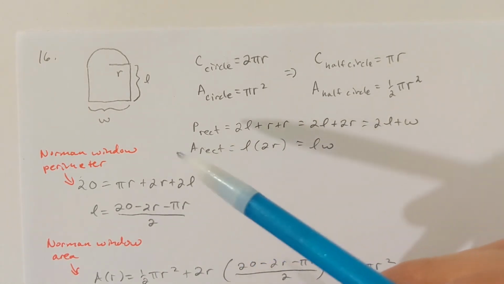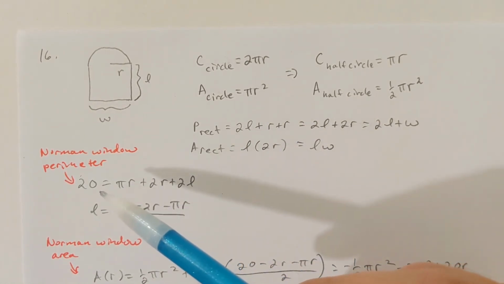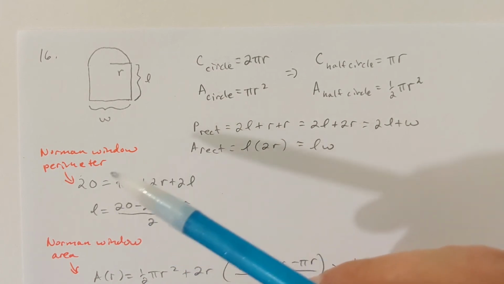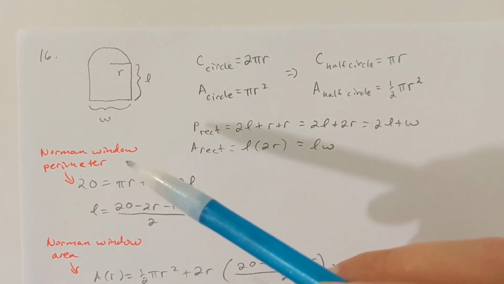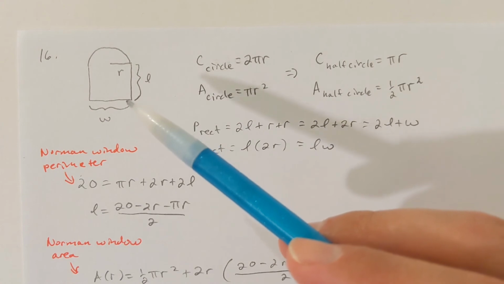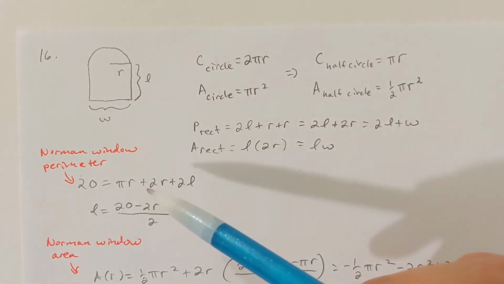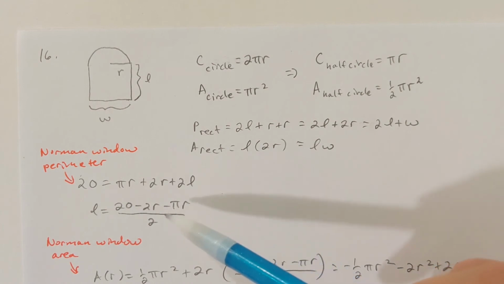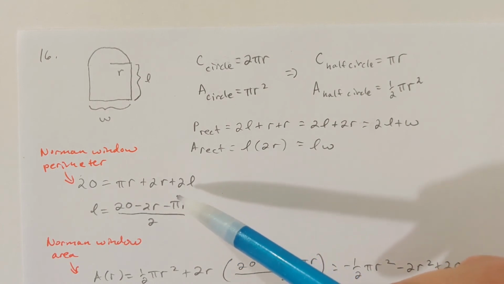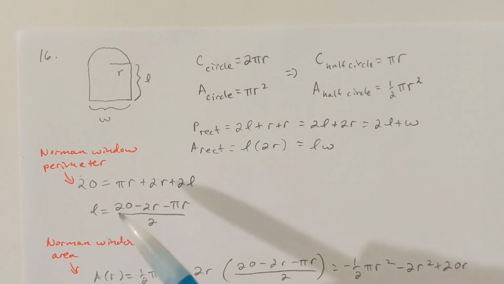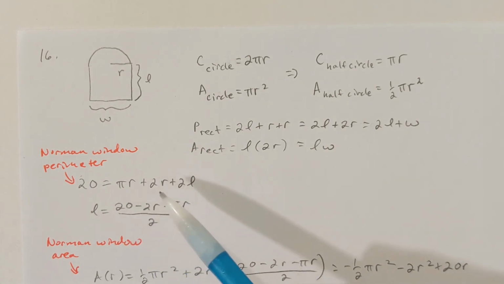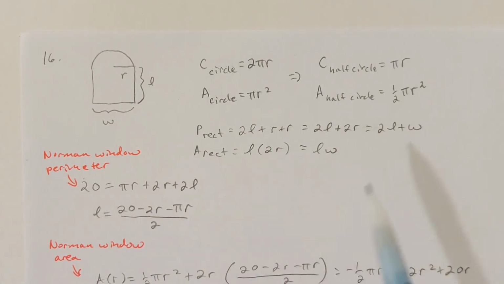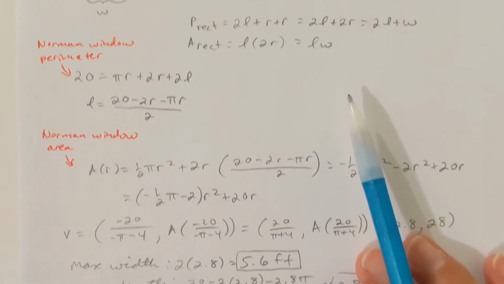The perimeter of the rectangle is 20. Okay, so 20 is equal to pi times the radius plus 2R plus 2L. If I solve this for L, 20 minus pi times R minus 2R divided by 2 is the length of the